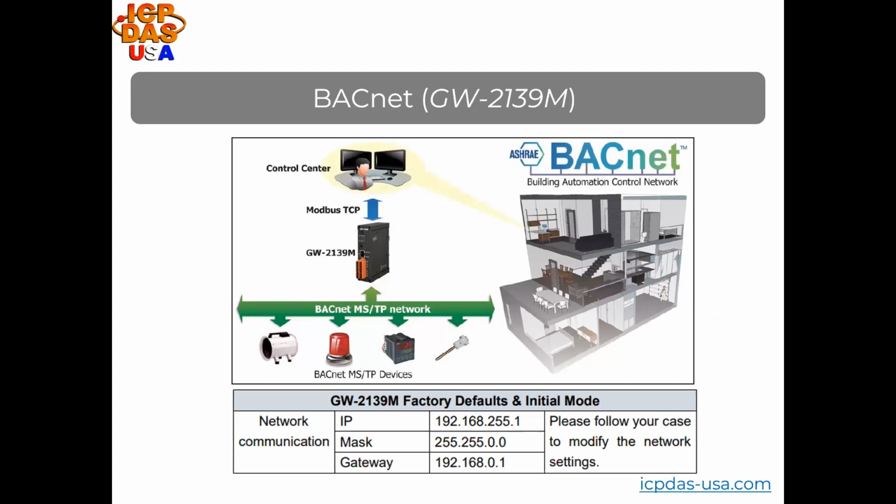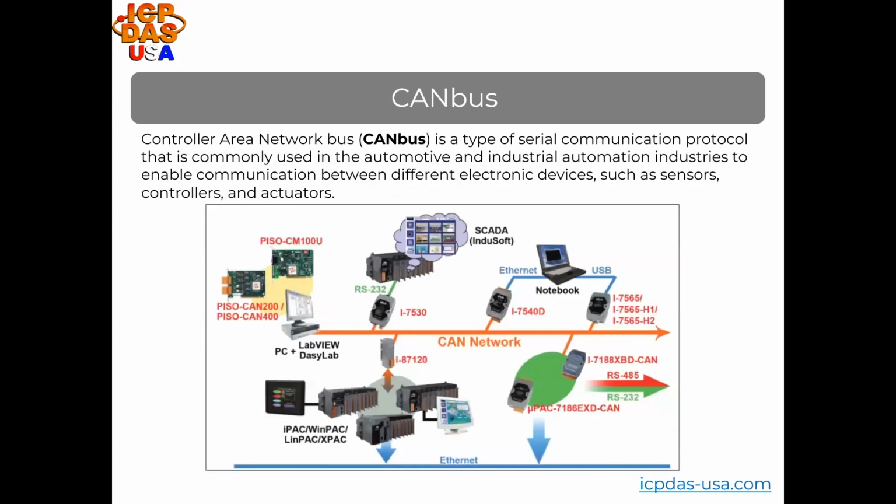CANBus stands for Controller Area Network Bus and is a type of serial communication protocol commonly used in the automotive and industrial automation industries. It enables communication between different electronic devices, including sensors, controllers, and actuators. CANBus was developed by Robert Bosch in the 1980s as a way to reduce the amount of wiring and improve reliability in automotive systems. It's now widely used in other industries as well due to its robustness and high-speed communication